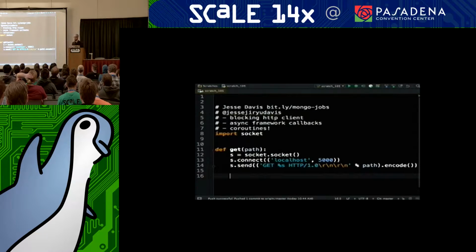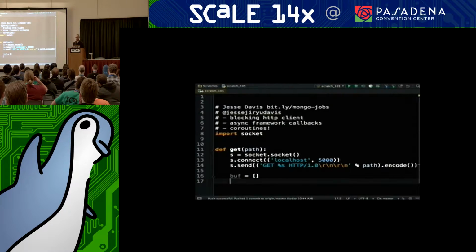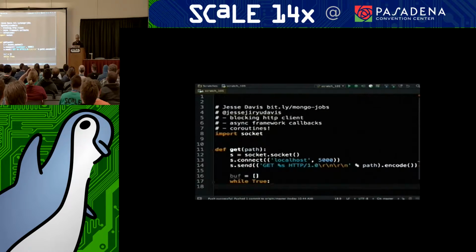So once we send this GET request, then we need to read the server response. And reading a response has this sort of annoying API with sockets where you just kind of keep reading and you never know how much you're going to get until something tells you that you're done. And with HTTP1, the way you know you're done is that the server closes its side of the connection. And so you get an empty read. So the way we're going to do that is we're going to make an empty buffer to store the chunks in. And then we'll go in a loop, and we'll just do a chunk